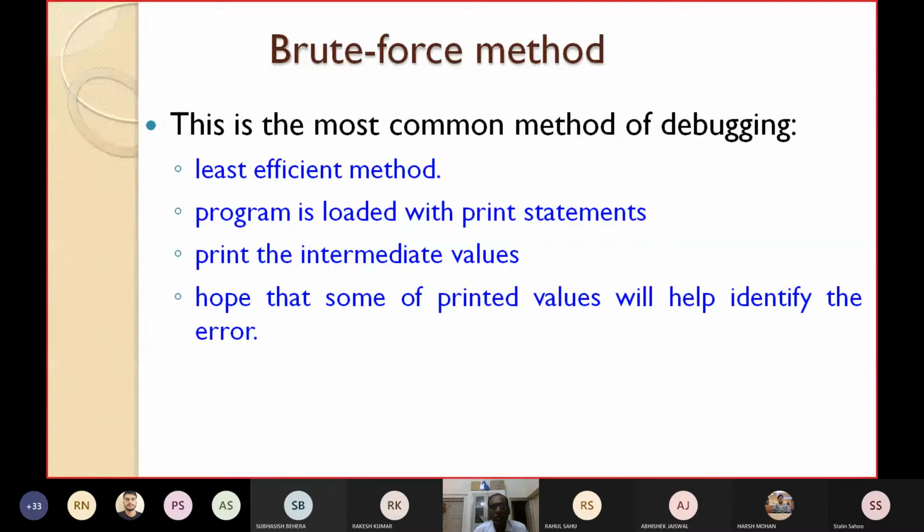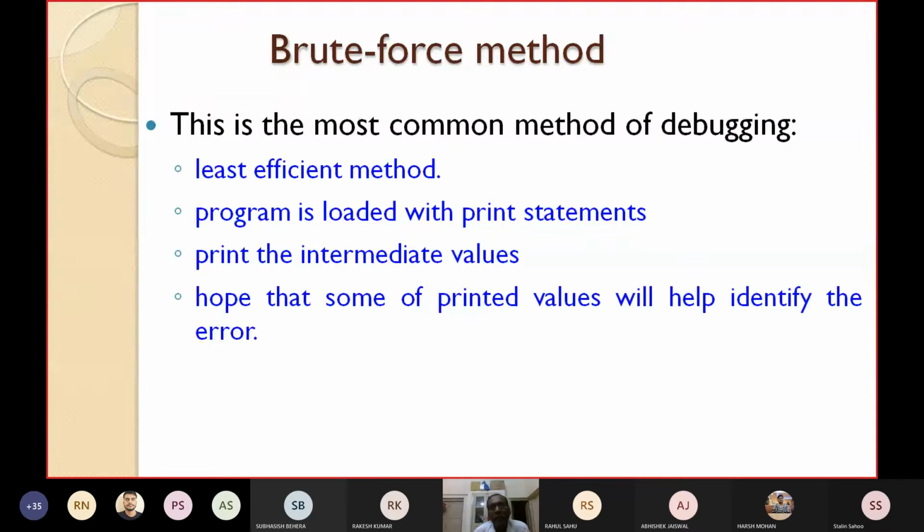After every computation, like a plus b, show the intermediate value. Then b star d, again show the intermediate value. Then d to the power e, again show the intermediate value. So after every 2-3 steps, you print the intermediate values.